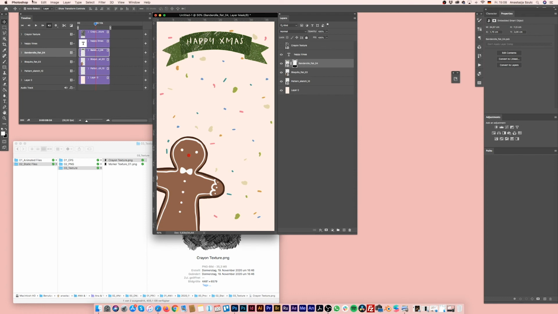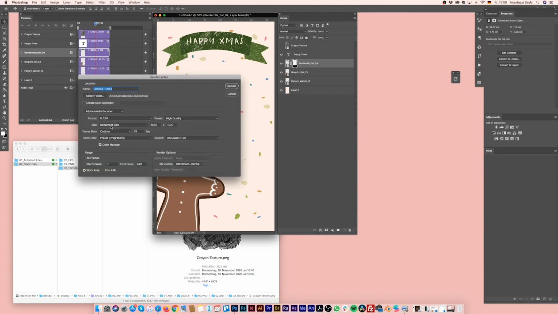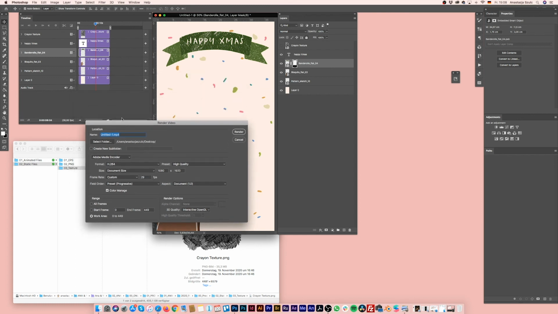So let's export this whole thing. We go to File, Export, and then Render Video. Here we go. Make sure your size is set to your document size, and then select your folder wherever you want to export it. Just make sure all your layers are the same length, or the length you want them to have, and then simply click on Render.